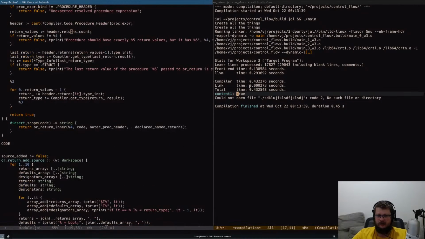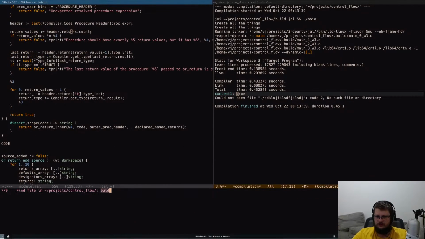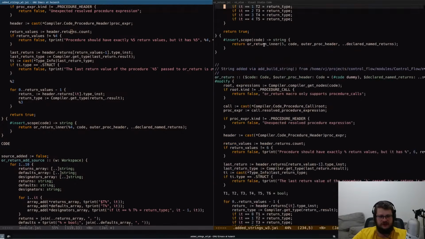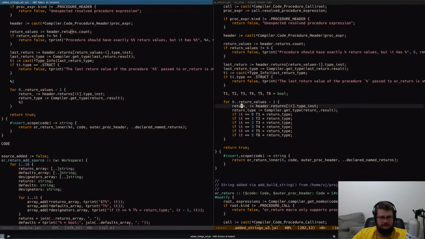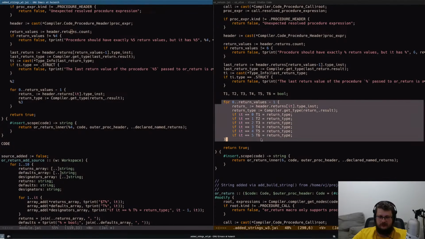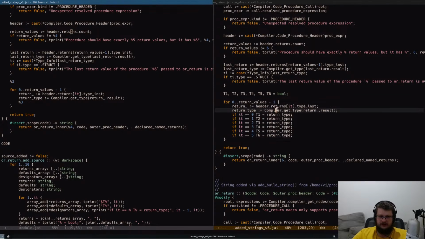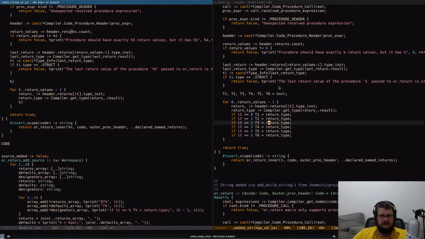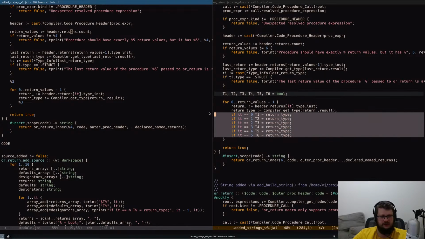So the way it works now, if I go to added strings, you can see what it does. So for each return value, if it equals 0, we do return type, yeah. And then 1, 2, 3, 4, 5, 6. All of them is bool. And then we